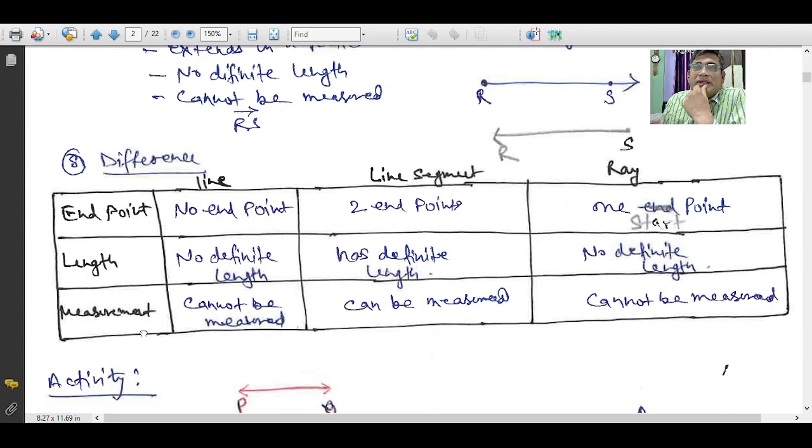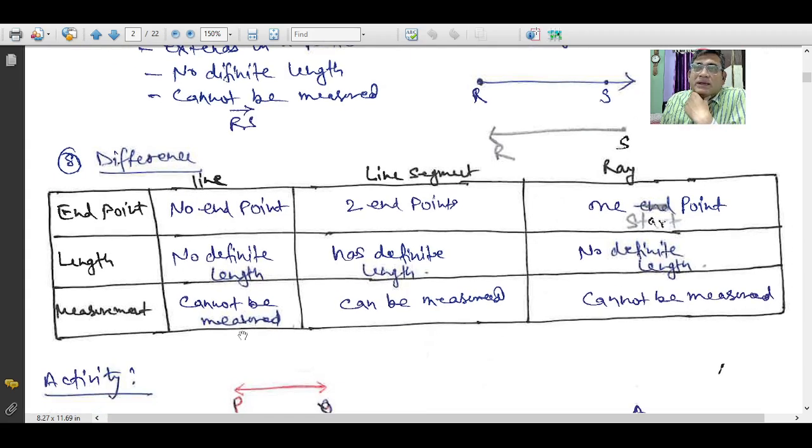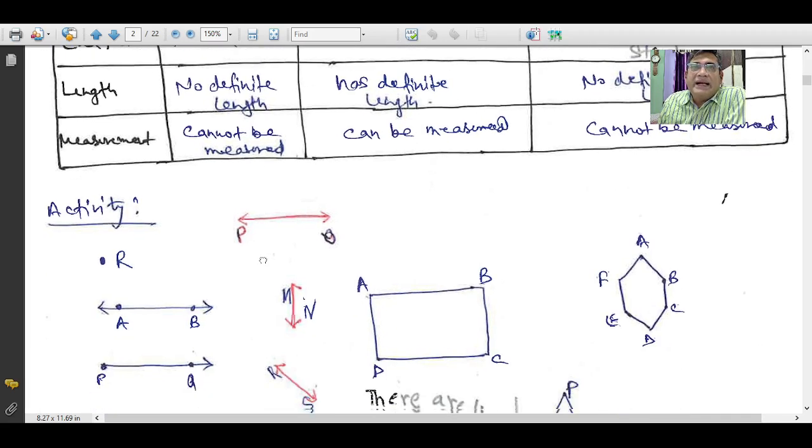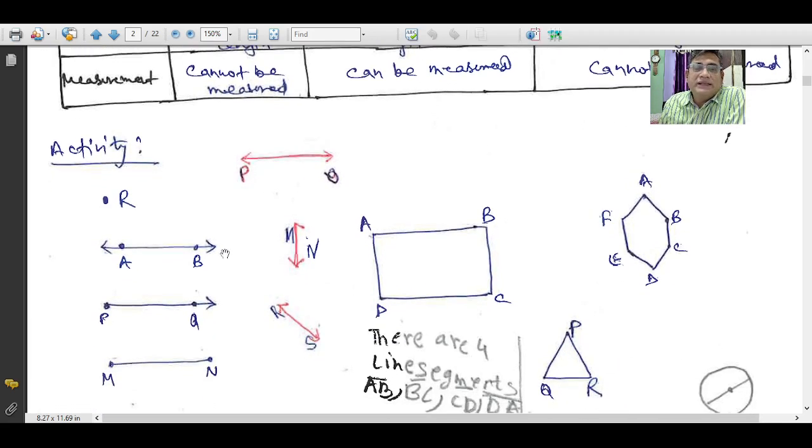Now, with respect to measurement, a line you cannot measure because it is continuous. A line segment can be measured. It has a start point and an end point. And a ray cannot be measured because it has a start point but no end point. So you have to keep this in mind. Now there is an activity. If someone asks you